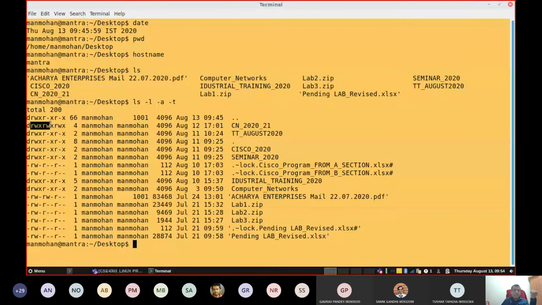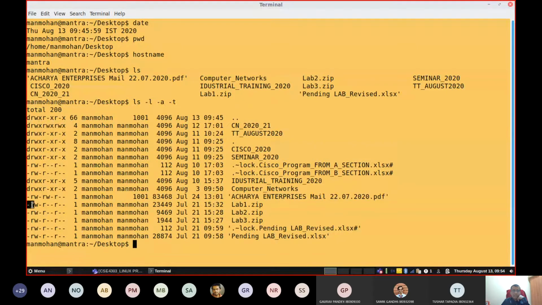All these read, write, execute, read, write, execute, read, write, execute, three sets: user, group, and others. These file permissions can be set or reset individually. Sometimes for a group permission, I can give only execute permission. Or sometimes I can give only read permission. Or sometimes I may not wish to give read, write, execution for others. That's also possible. If your permission is removed, then you will get these symbols.